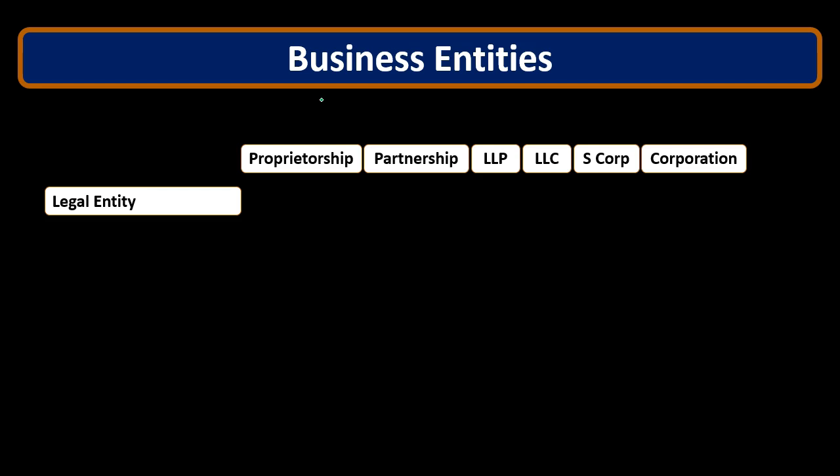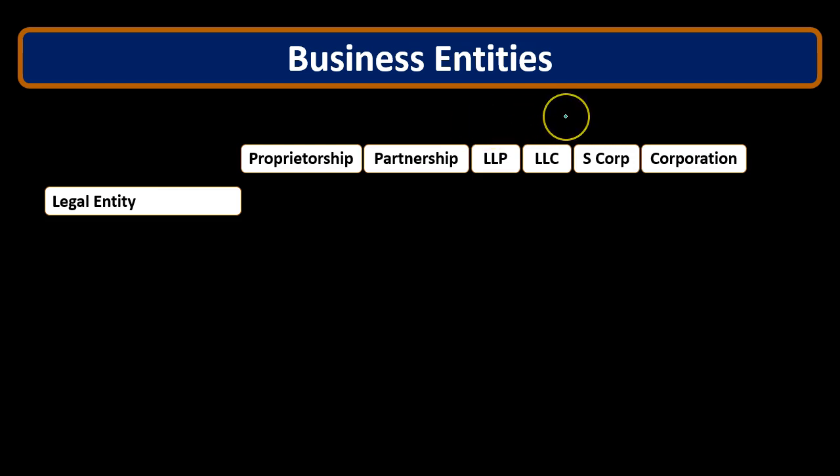Where they will differ is where we will spend our time, meaning the sole proprietorship obviously has one individual, one owner, whereas the partnership has two or more. So that's where we're going to spend our time. Our time's going to be spent on where the profit sharing is going to happen, what the split on the profit sharing is going to be, and how we're going to know how much of the company these two owners own, which will deal with their capital accounts. The LLP and the LLC are going to be accounted for in a similar way as the partnership. And so from an accounting standpoint, we're going to be focusing on the same type of entries.